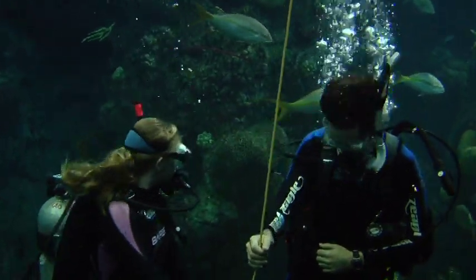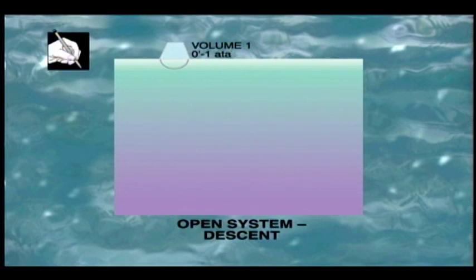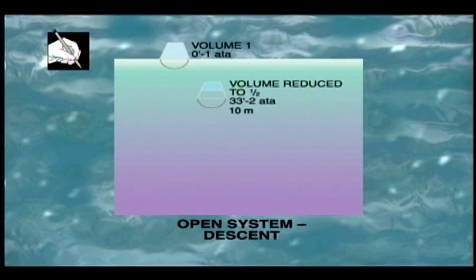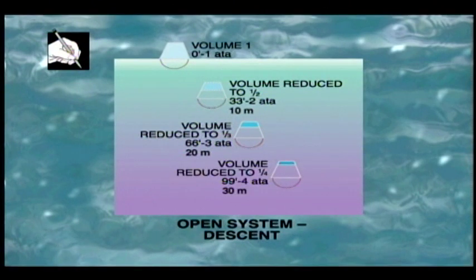If you invert a bucket, force it below the surface of the ocean, and take it to depth, the pressure surrounding the bucket increases and compresses the air in the bucket. When the bucket gets to 10 meters or 33 feet of seawater, or 2 ATA or atmospheres, the pressure has doubled on the bucket. The volume of air in the bucket has decreased to half of the original surface volume. When the bucket has descended to 3 ATA, the pressure triples and the volume of air has decreased to 1/3 the original. The inverse relationship between pressure and volume is known as Boyle's law.